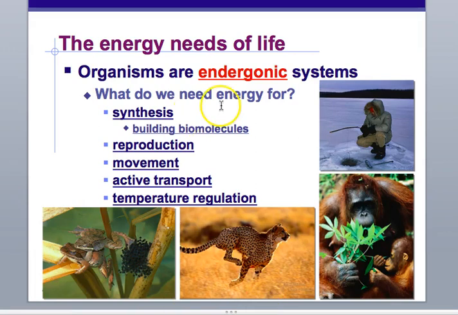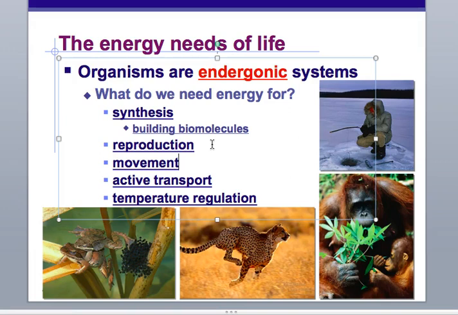So why do we even need energy? We are always building biomolecules to keep our body going. Reproduction is an incredibly costly process energy-wise. It takes a whole lot of energy for reproduction to happen. If you're really, really stressed or malnourished, you can skip periods, because your body cannot waste, quote unquote, that energy making reproductive things if it can barely keep itself alive. So reproduction takes a whole lot of energy.